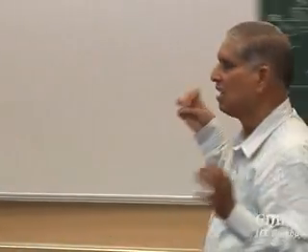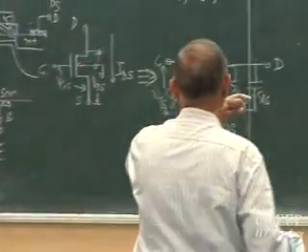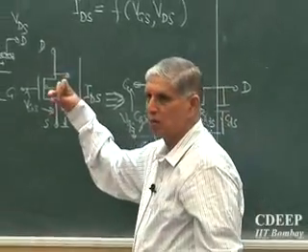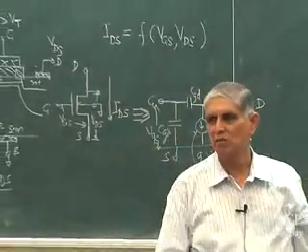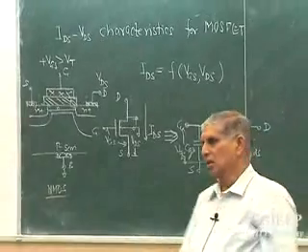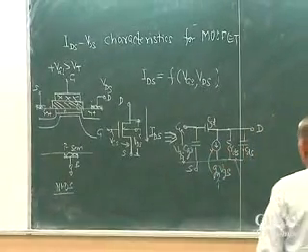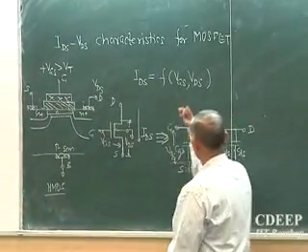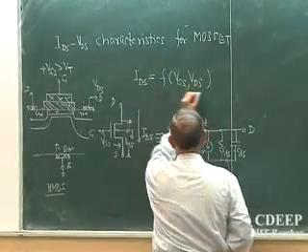Given an input, what is the output? That's what we are interested in. To do this, if the device occurs in between, I must be able to replace it by an equivalent circuit. Now this is what I am ultimately looking for, but since I must get this relation first,